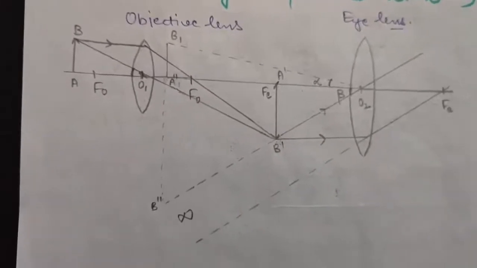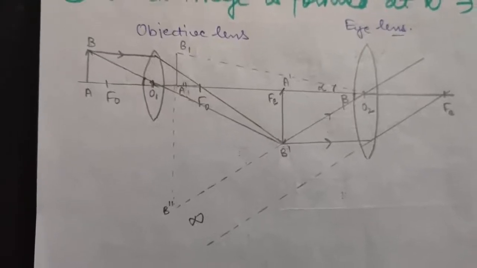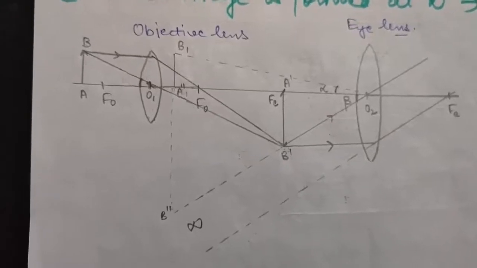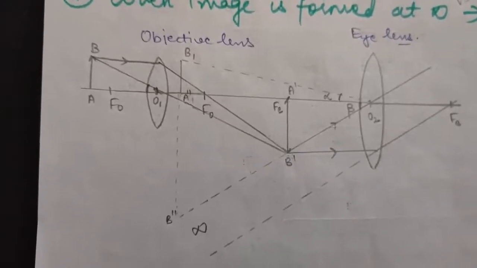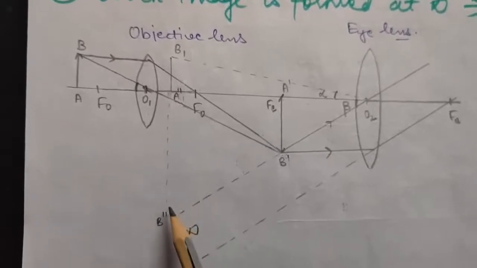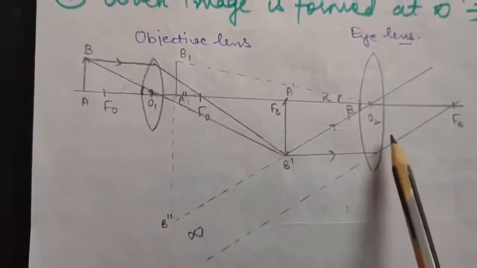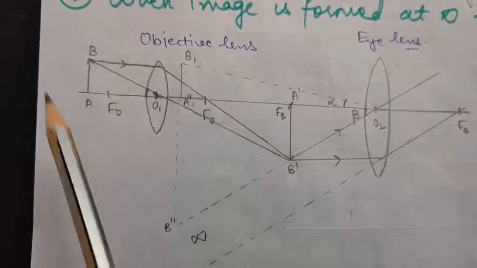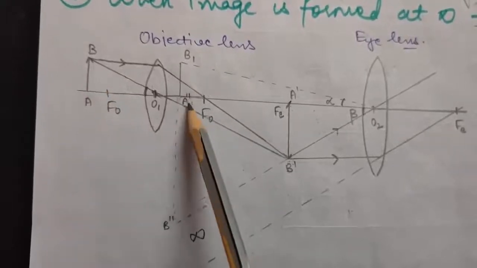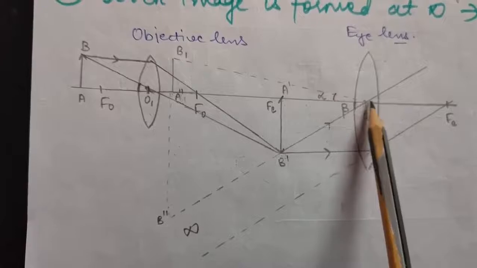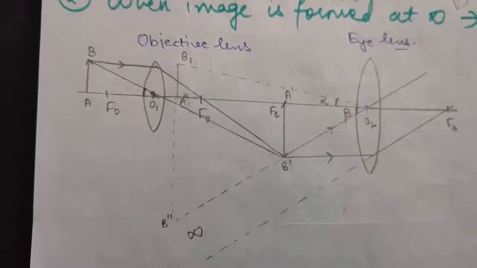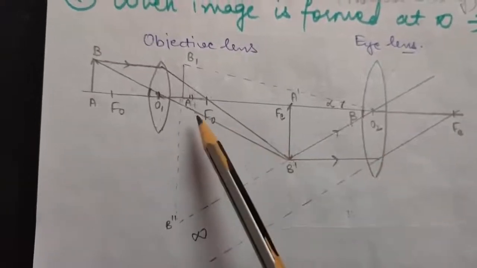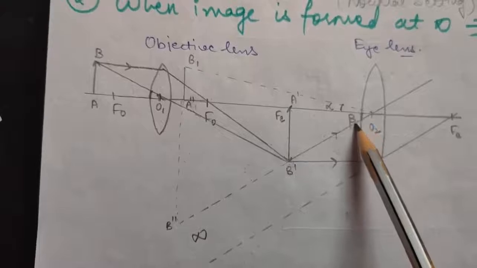Okay, now we want to calculate magnification in this case. So for that, as you know, beta is the angle subtended by image and alpha is the angle subtended by object when both are at least distance of distinct vision. So let us suppose this distance is nothing but d, that is least distance of distinct vision. Okay, so A double dash B1, this I have just drawn this object here. So the angle subtended at eye lens will be alpha, and I am marking the image which was formed in first case, that is A double dash B double dash at D. So this angle was beta, right?